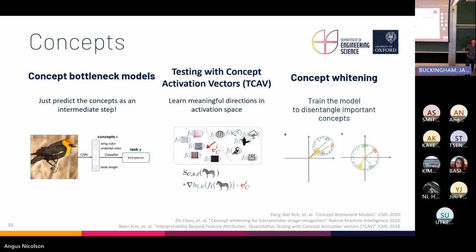And now this vector is what you use in place of your concept, and you look at how the model reacts to that vector. There's a lot more detail going on, but you can look at how the concepts work for a fully trained normal neural network without changing the network at all.